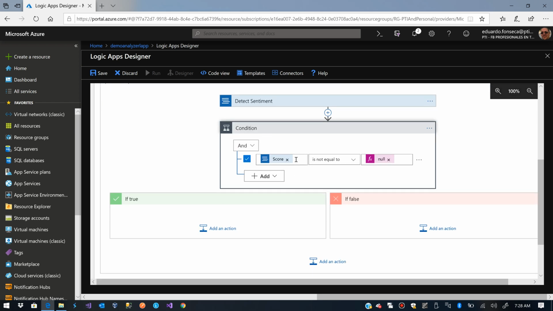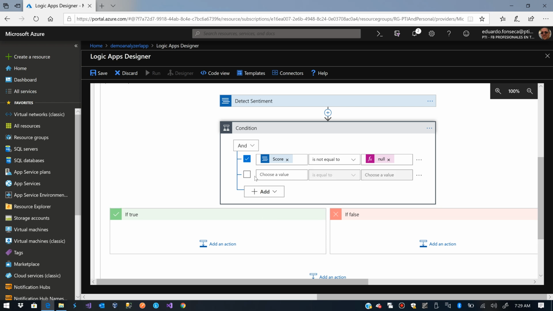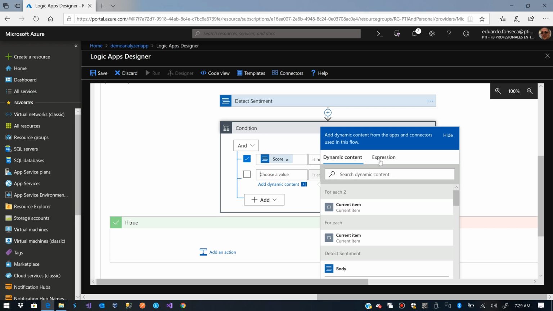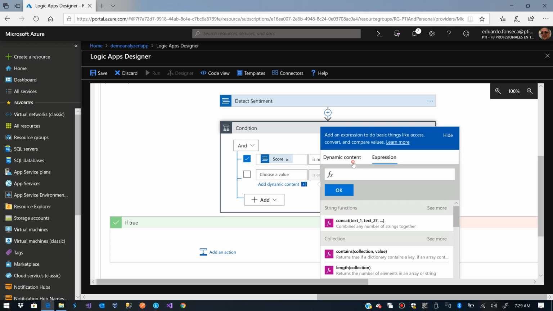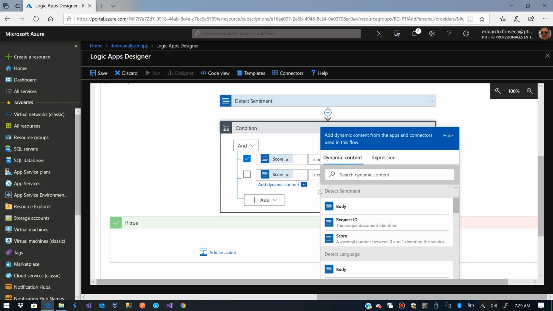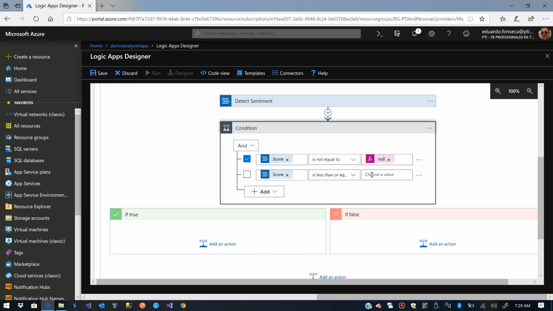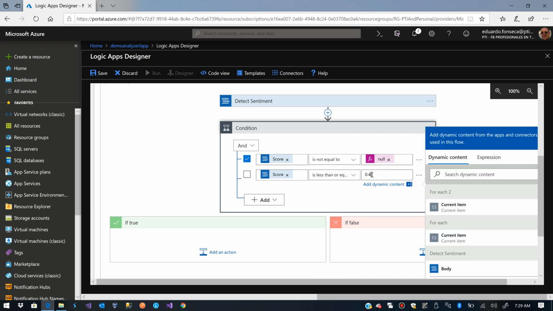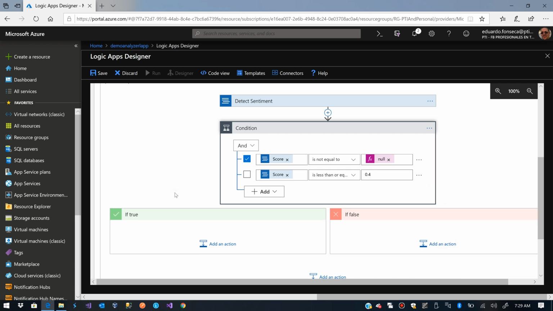So when the results are not equal to null and the score is less or equal than 0.4, for example,